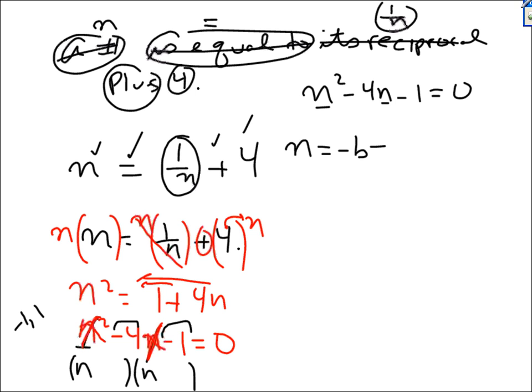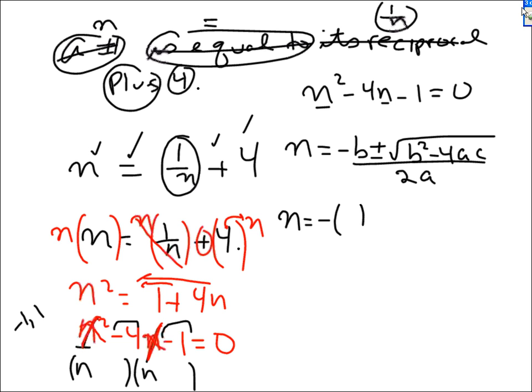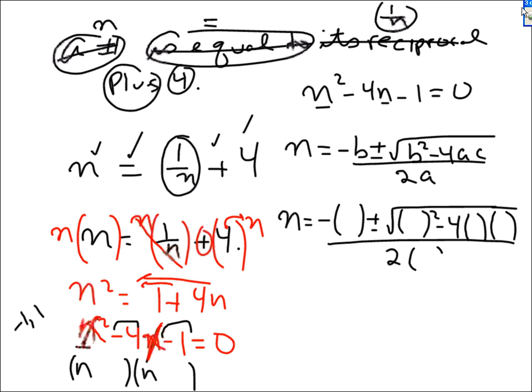And everything else is the same. n is negative b plus or minus the square root of b squared minus 4 times a times c, all over 2 times a. So a is 1, b is negative 4, and c is